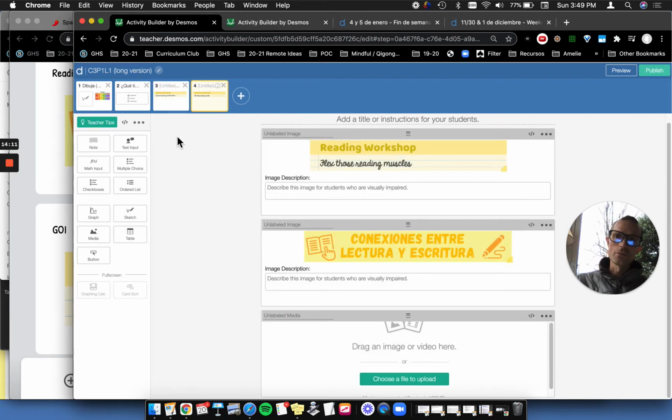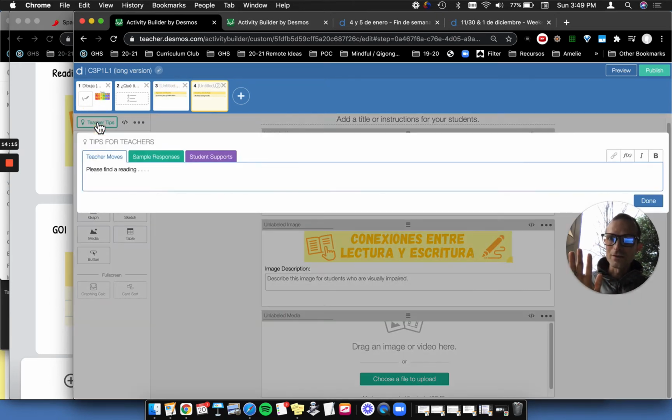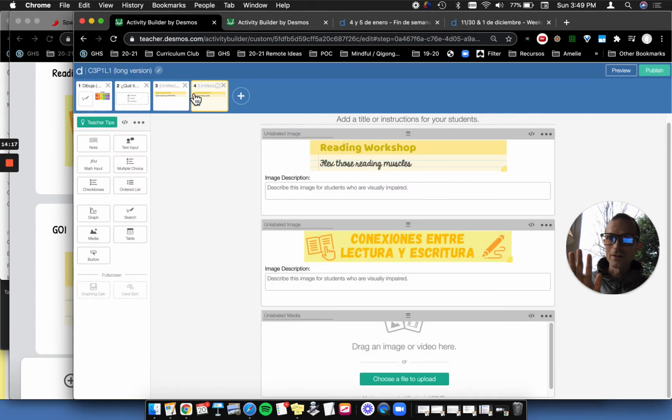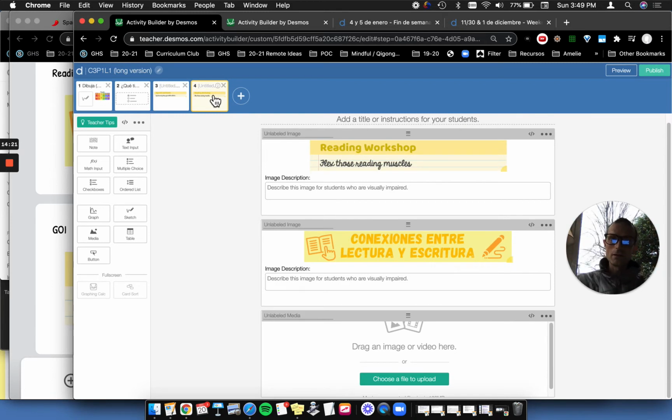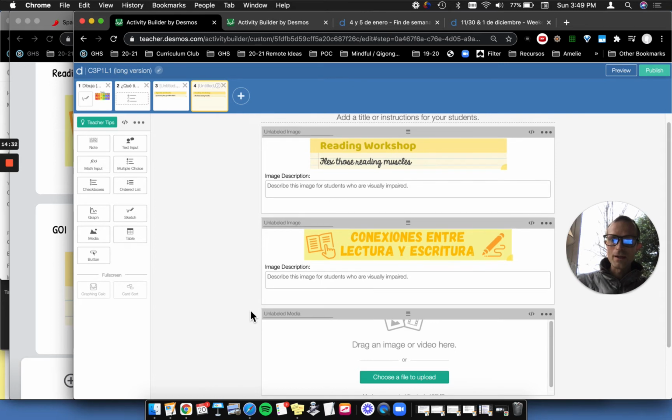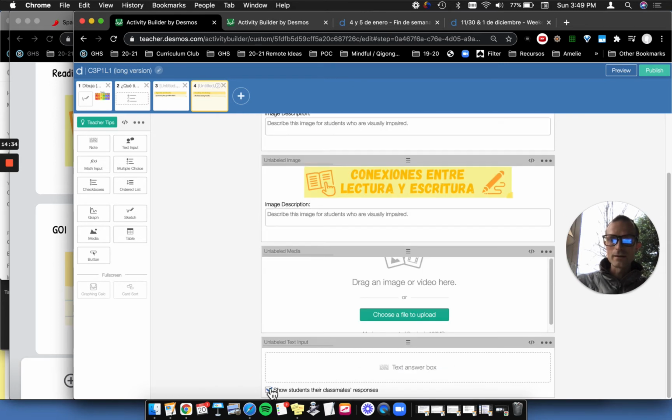And then what teachers would have to look for, and I don't know how this will work, is that there's a teacher tip button. See how that's green on this slide and not on this? So, yeah, we have to think through that. But if you had teachers do their own, you could leave this here, and then here add a text box for students to respond. Or shoot, you all were thinking about doing